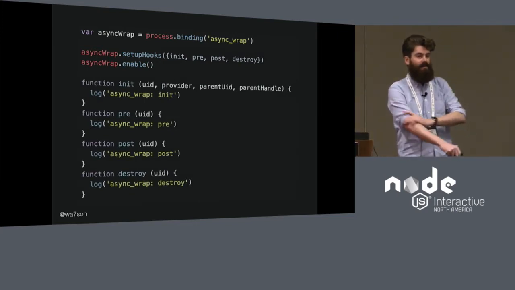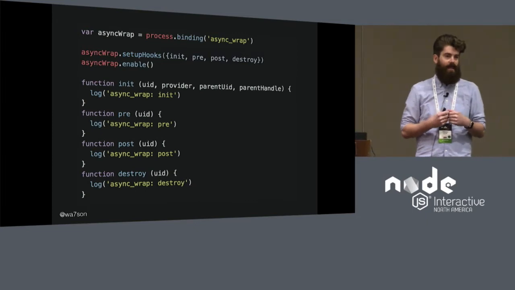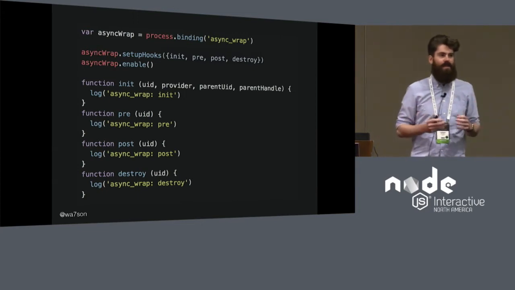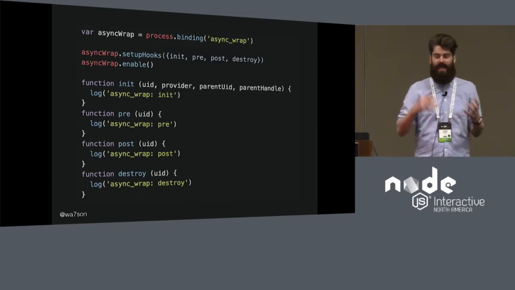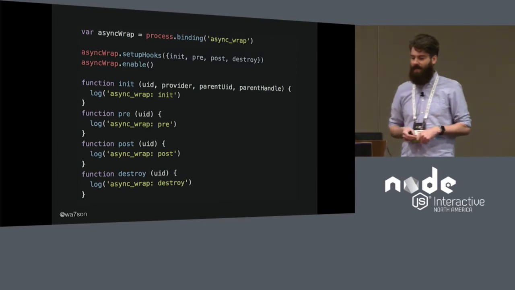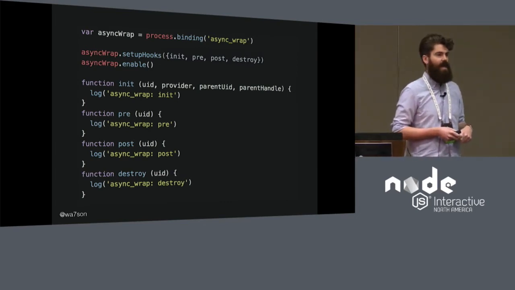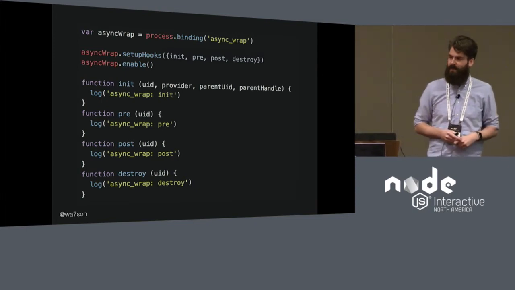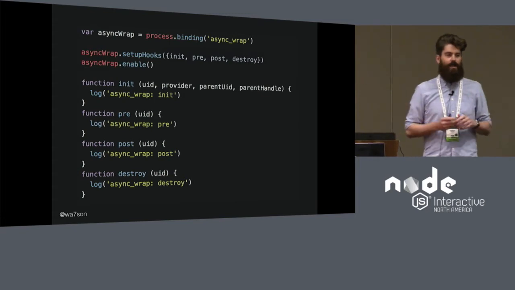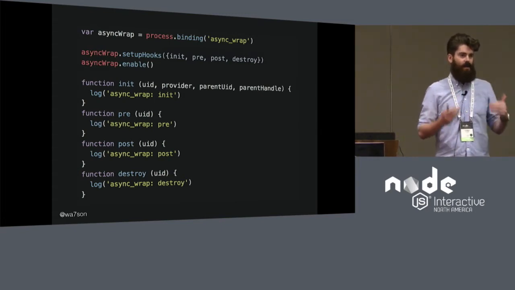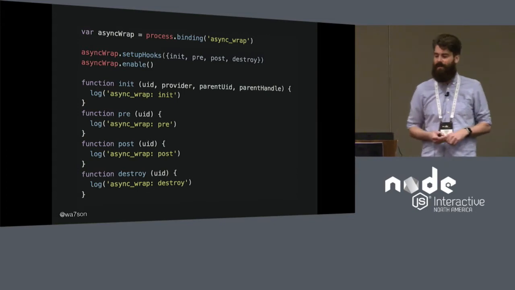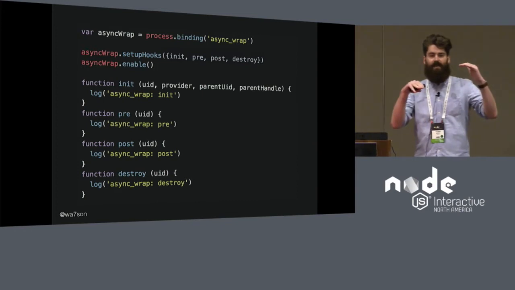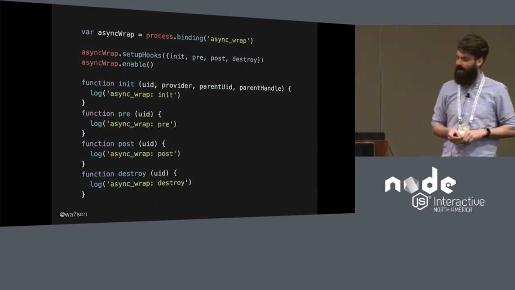And these functions are hooks that will be kind of like event emitters. They will be called whenever something happens that has something to do with asynchronous stuff. So like every time you queue a timer, or every time you want to make a TCP connection, read the file system, right when you initiate the call that could potentially do something asynchronous, the init hook will fire. And then just before the callback that you gave is called, the pre or before hook will fire,